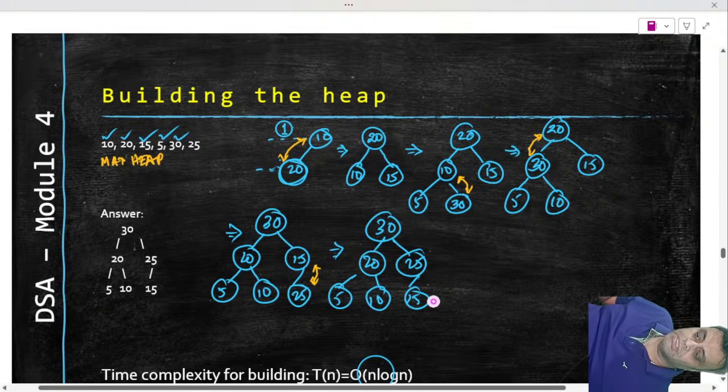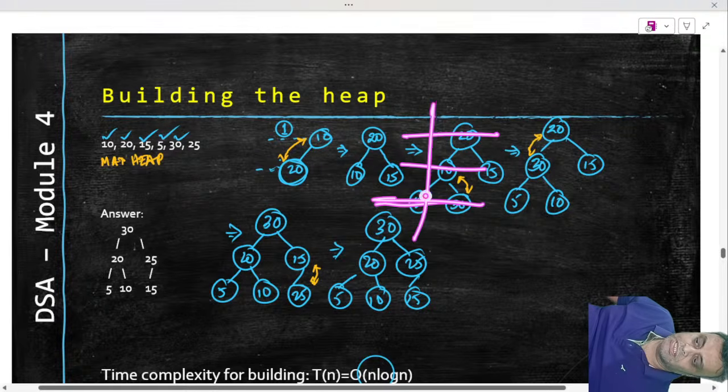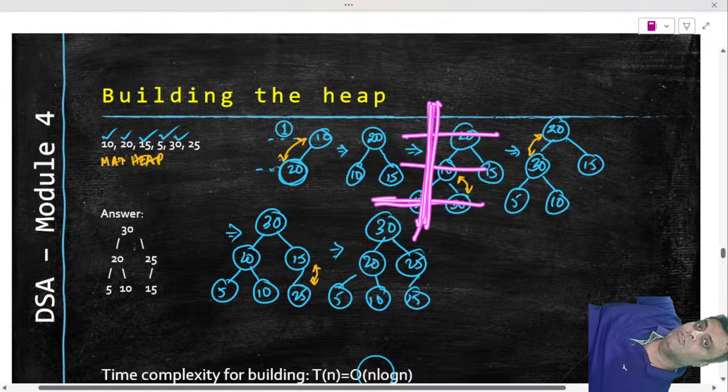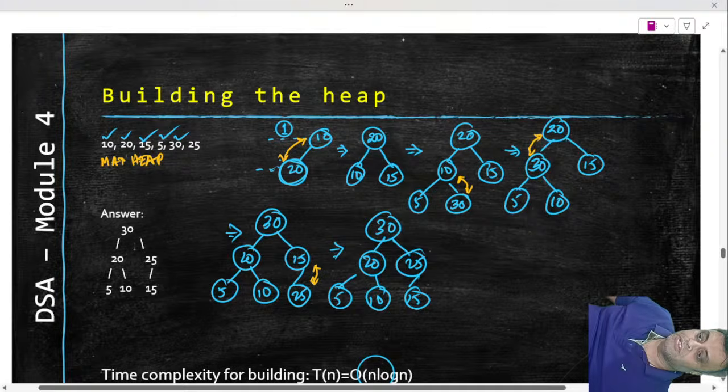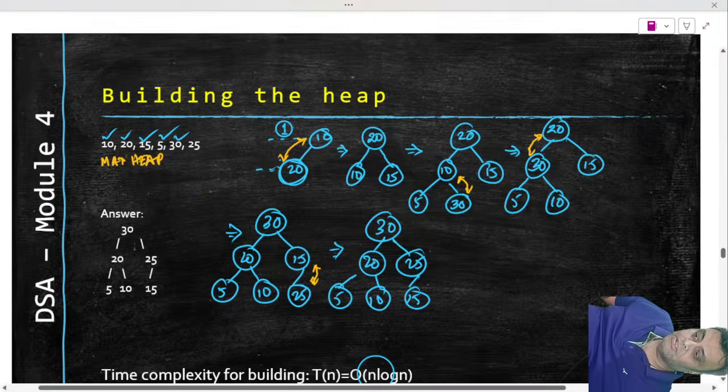Now the worst case situation is this element will have to travel right to the top. Here this 25 traveled one layer. But remember 30 here, it traveled one layer, then it again traveled one more layer. So the worst case is that it will have to travel all the levels, all the way to the top, which is the height of the tree. So what is the height of a tree that is divided like this? Complete binary tree means it is divided equally. So the height of the tree will be log base 2 of n. We have established that, right? The complete binary tree height will be log base 2 of n.